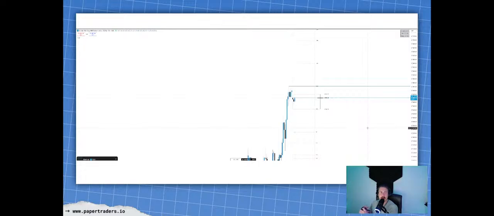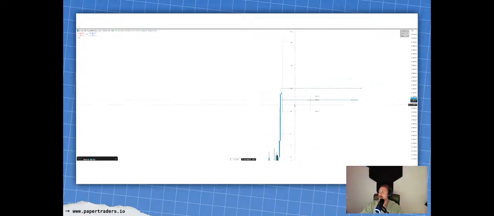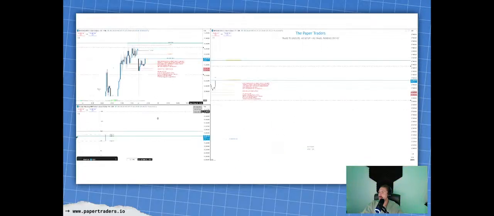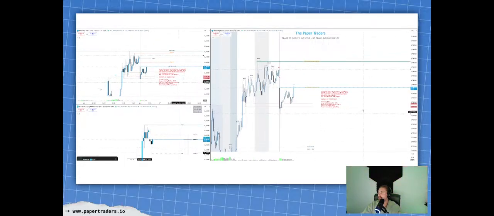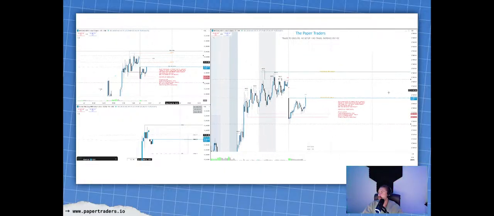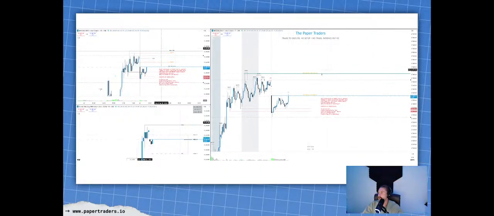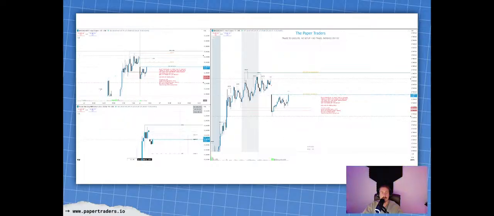Back at Sunday open. Right now during this Asia session, we're seeing how this hourly wants to do what they want to do on this 4 hour, honestly. But Sunday open is also going to be important. As long as price remains below it, then there's potential for it to continue to the downside. If we get back above it, there's potential for that previous weekly high to get reached and for us to stay above it and get some of those targets and fill this gap that we initially had on this opening with a gap down. Let's see what it brings. Let's see what they want to do here.